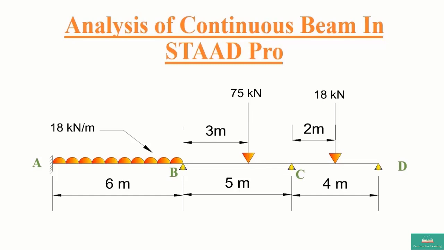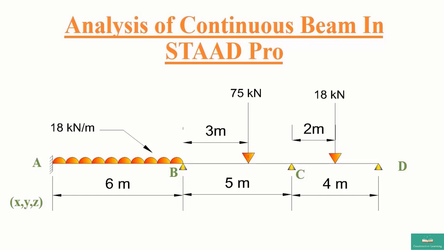Coordinates are the foundation of modeling of any structure. So first fix the coordinates of the joints based on the geometry of the structure. Always calculate coordinates of joints from left to right. So based on the above rules, start calculating the coordinates for the present beam. Every coordinate will be in the form of x, y, z.